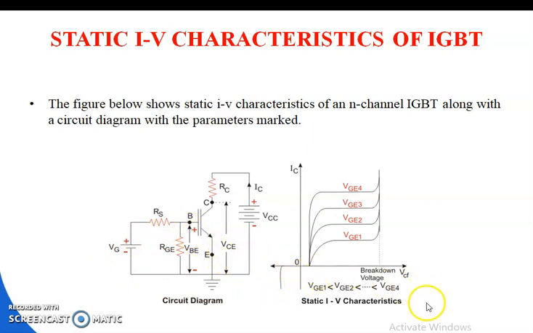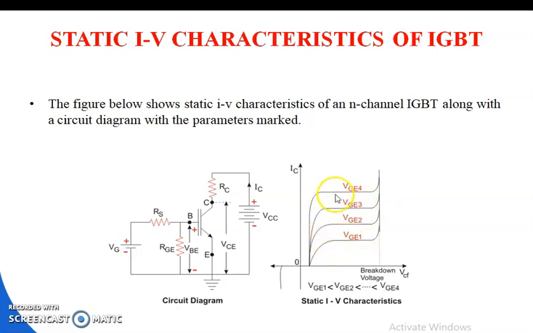If this process is continued, then at the corresponding points we measure the voltage. At this point the voltage is VGE1, the voltage corresponding to the gate and emitter terminals, and this one is the voltage between the gate and emitter terminals at the instant T3, and this one is the gate-to-emitter voltage at the instant T4. So we are measuring the voltage at instants 1, 2, 3, 4. In this way we measure the gate-to-emitter voltages at different instants.